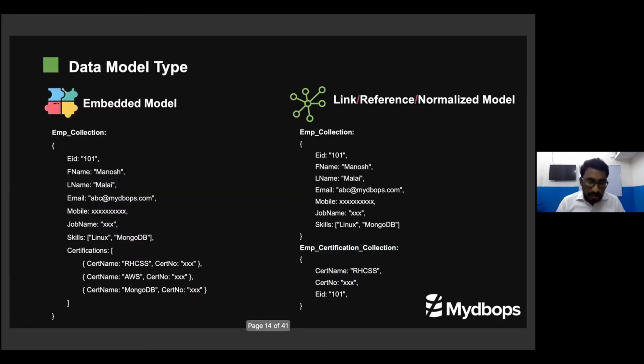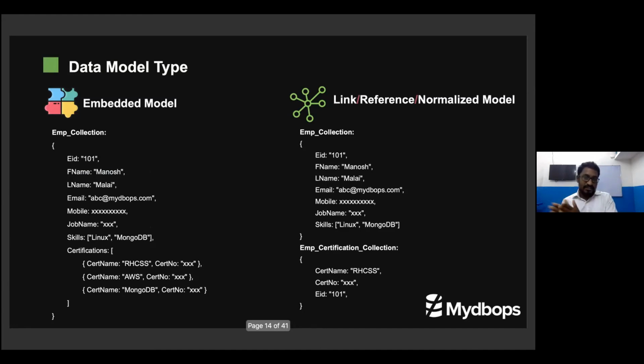When you're talking about data modeling in MongoDB, two things come into the picture. One is the embedded model, and the other is the linked, reference or normalized model. The embedded model is where you put all the required entity information, object information, in a single document.